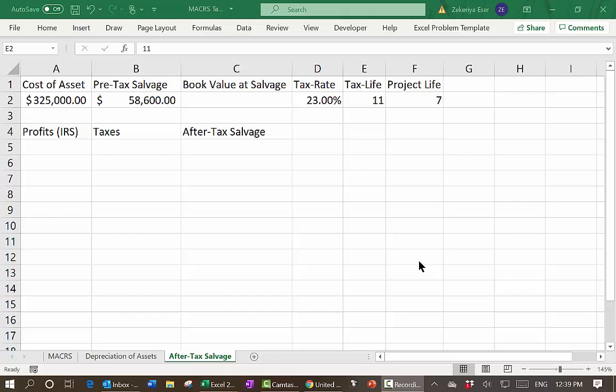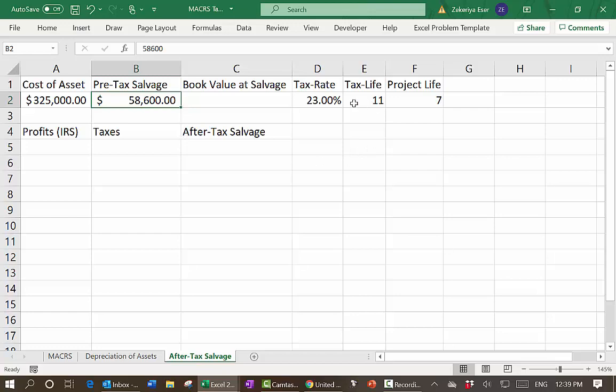In this video, we're going to figure out how to calculate after-tax salvage value of an asset. Let's say before you started the project, you bought your assets for $325,000. And let's assume that this is a 7-year project. At the end of the project, you are able to sell, or you predict you could sell, the asset at